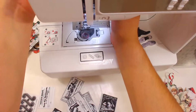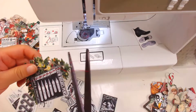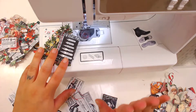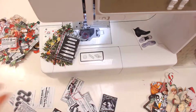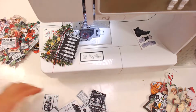I'll probably do it live. I have to make kits for myself. So I'm gonna put in pages. I put in about the number of pages that I need to use. So I'll put in 30 pages in there, which I normally make 2 signature junk journals with 15 pages in each signature. So I'll put in 15 pages. I put in 30 pages in this one Ziploc bag that I have,